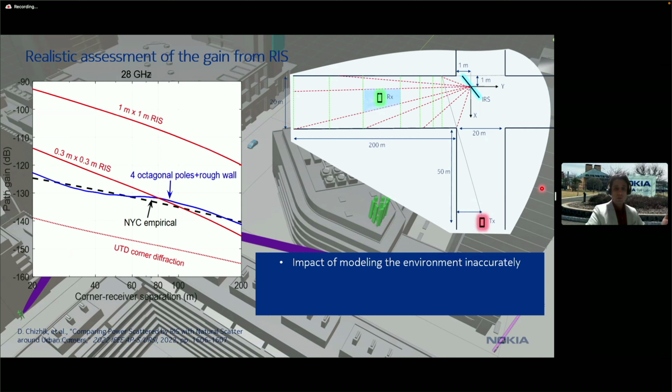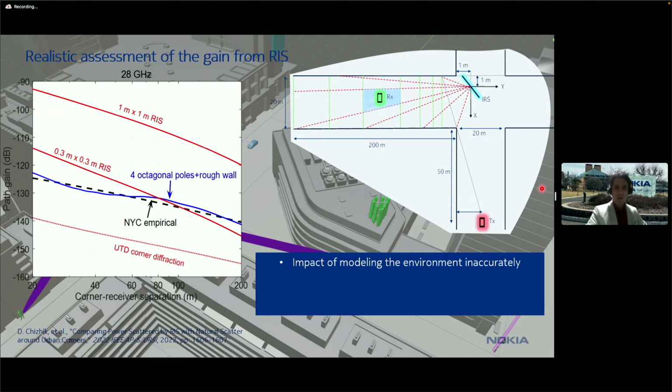Now, if you go back to our RIS problem and assume, let's say, in this plot, you see the 0.3 by 0.3 square meters of surface for the RIS, and this is at 28 gigahertz, by the way. And let's assume that there's perfect CSI available, an ideal scenario, genie-aided, if you will. We can come up with this curve in the middle, and if we compare it with the realistic benchmark, it seems that the gain is on par with what you get from existing, what we call ambient scattering